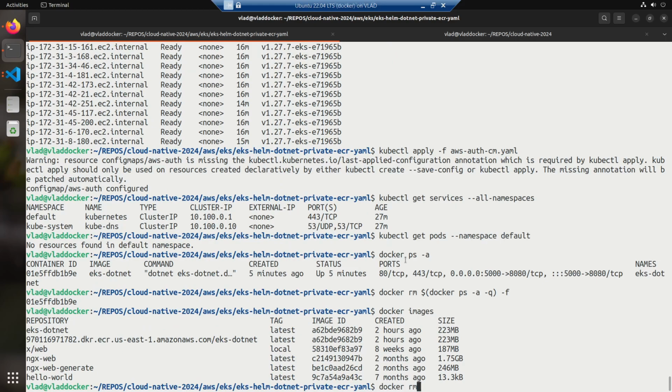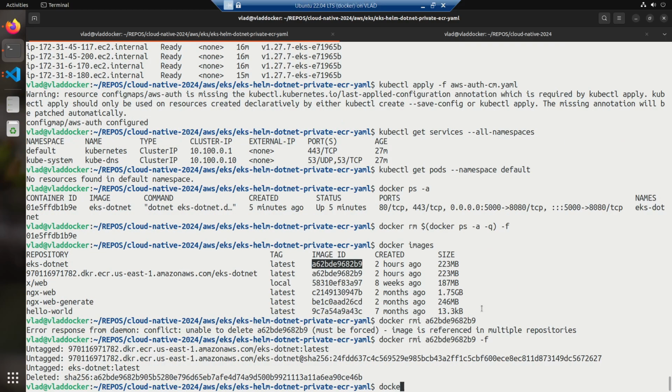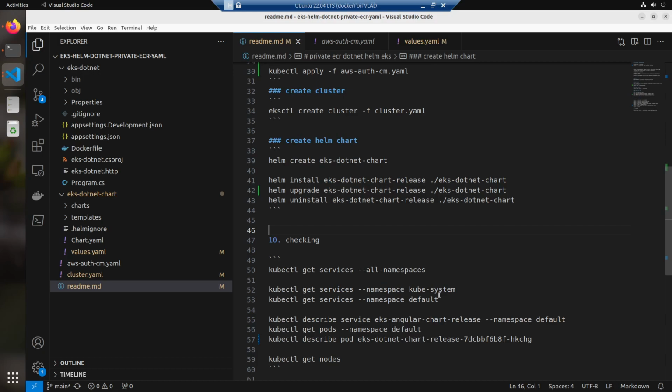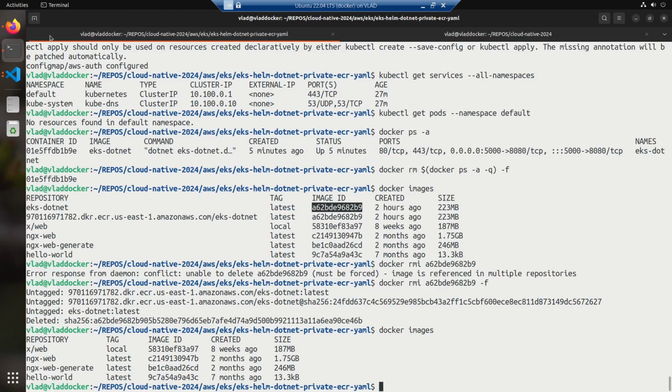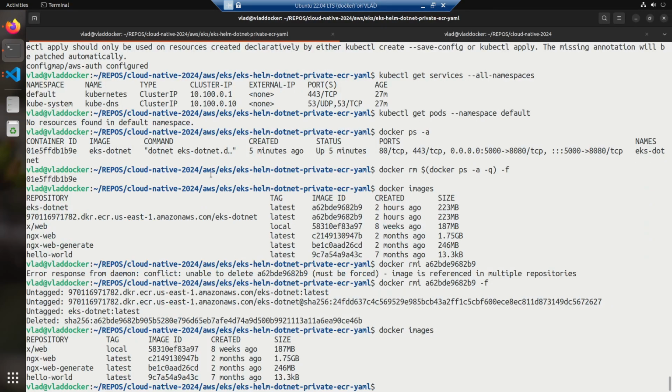Let's first rmi this one. Okay, so let's now try to docker run